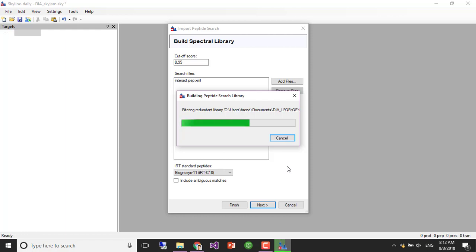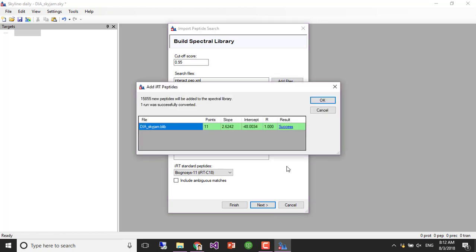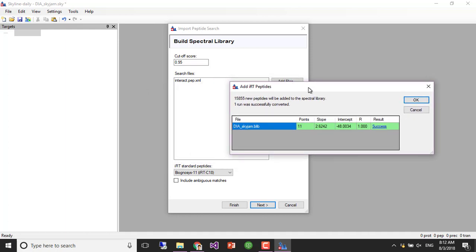Skyline creates a redundant library that has all the matches, and then it creates a non-redundant library which has the best match for everything. And then now it tells us that it found the IRT peptides in our data, and